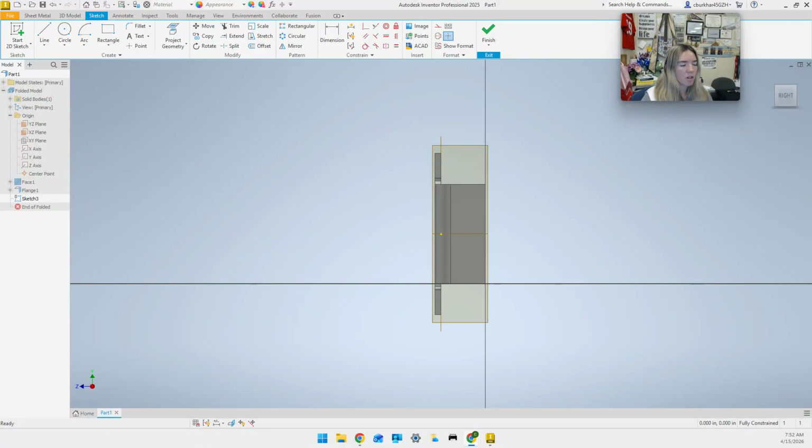And then I will show you how to draw this in just a second, but let me get to the screen. So we'll have to do some projecting geometry and stuff like that. Okay, so now I have that up. So now, what we're going to do is draw some lines